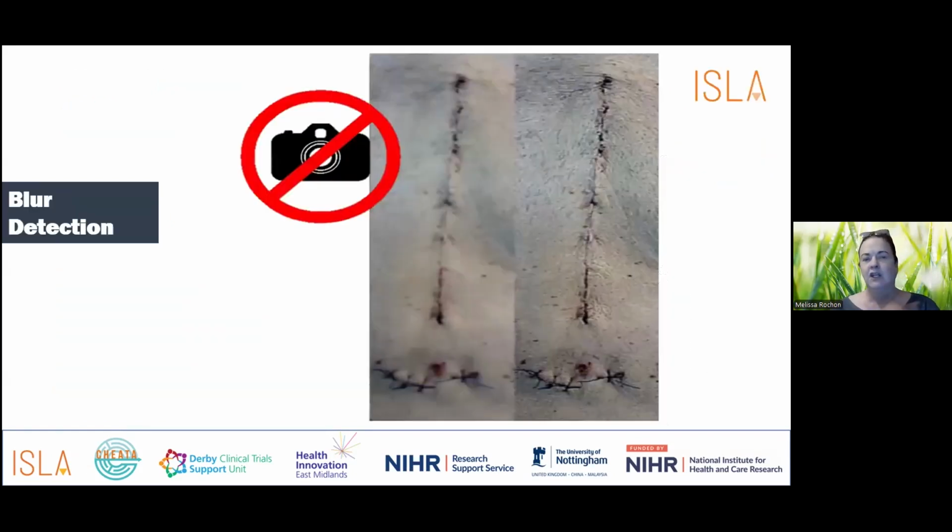If you are using images, you need to make sure that they are good quality images. So the first thing the algorithm does is it runs through, and if your picture is blurry, it asks the end user, whether that's a patient or clinician, to take another picture to improve the review. But if the patient submits a blurry image, we can enhance that image also.